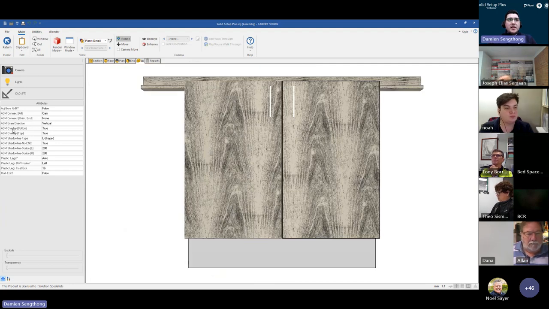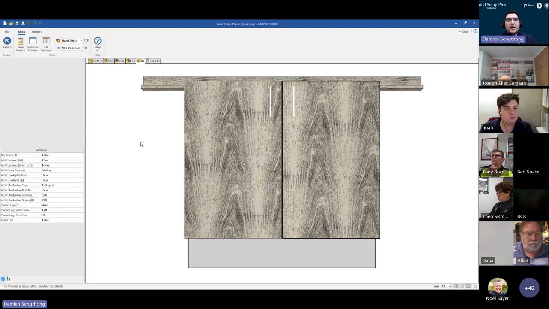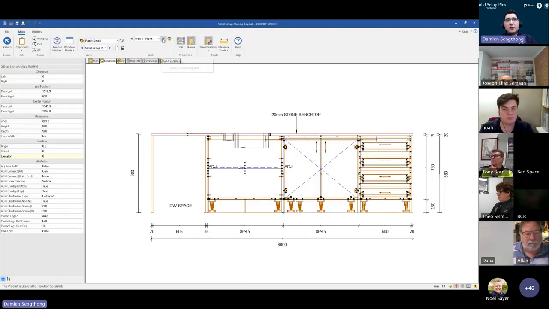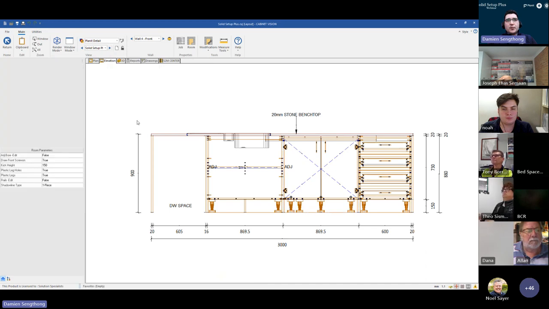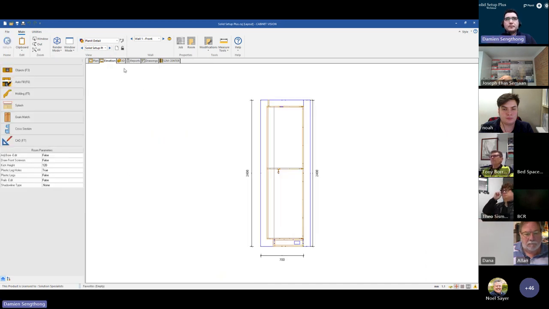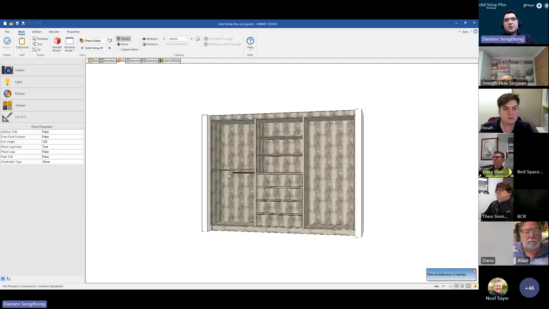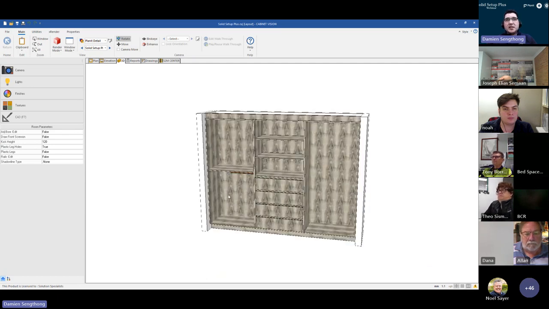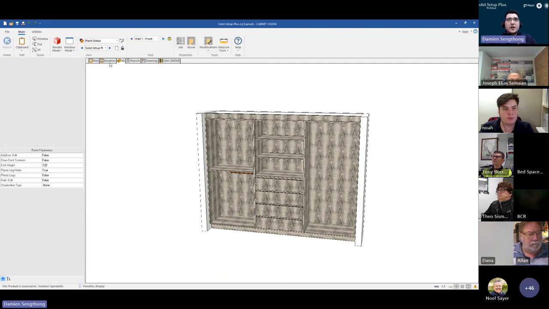And as well as the grain direction. So to display the grain direction for the assembly, I will be going to our wardrobe room. Now, again, this would be relative to any material that is using a grain. In this case, our wardrobe cabinets are. So if I